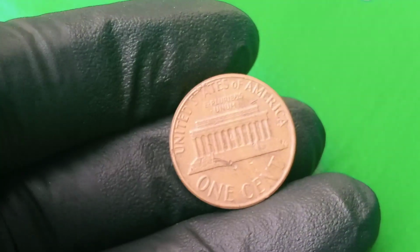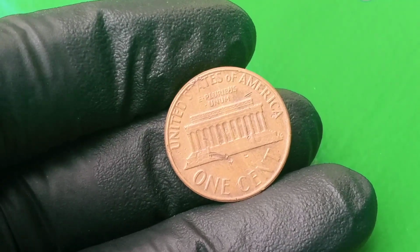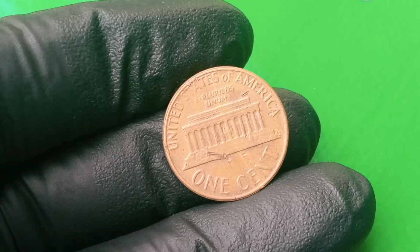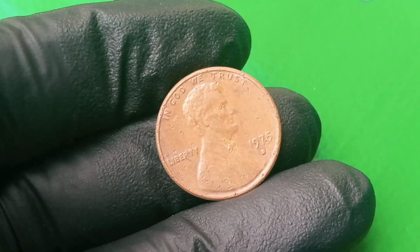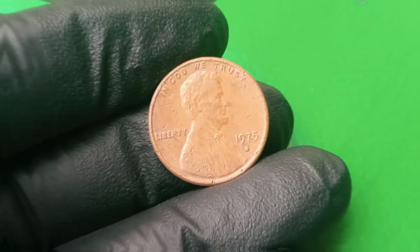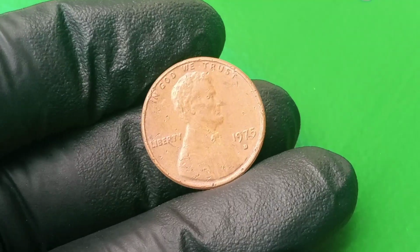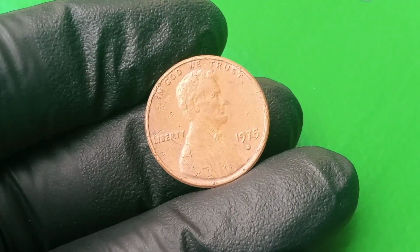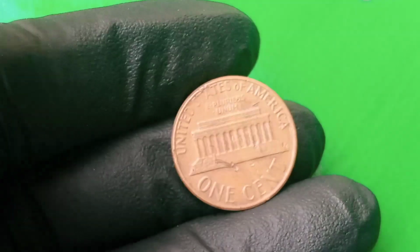But hidden among these countless regular coins, a handful, perhaps only a few, would be struck with errors so significant that they turned into treasures for the ages. And in the case of the 1975 penny, it is not one single flaw that makes it so valuable but rather the rare convergence of multiple errors, unique striking circumstances, an incredibly low survival rate, creating a perfect storm of collectability. So let's first break down the types of errors that have been identified on known examples,